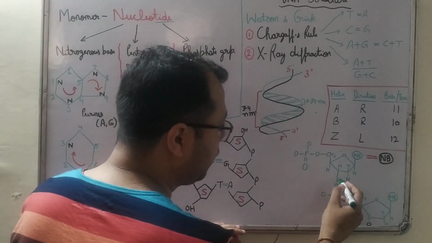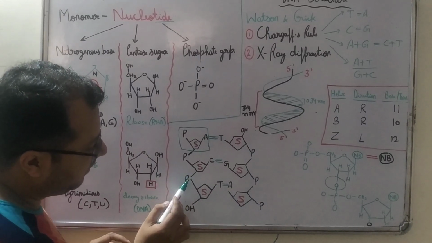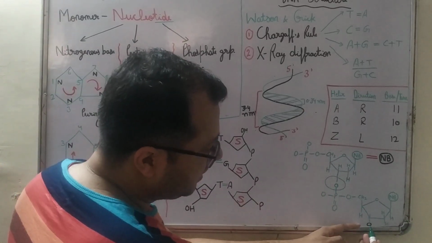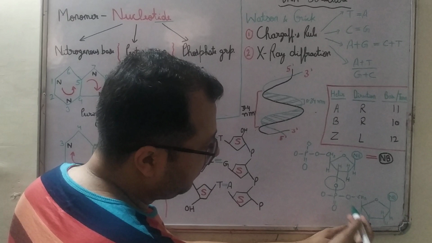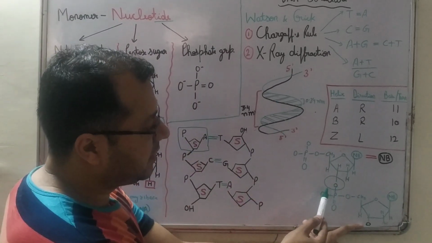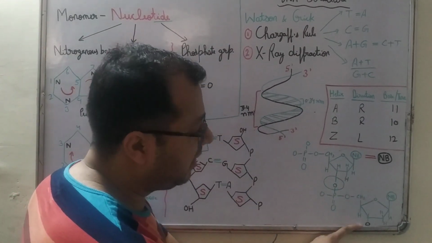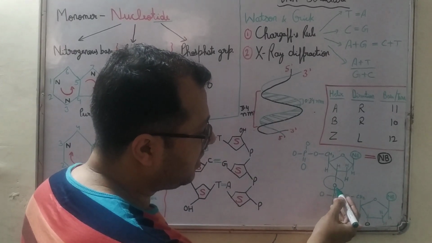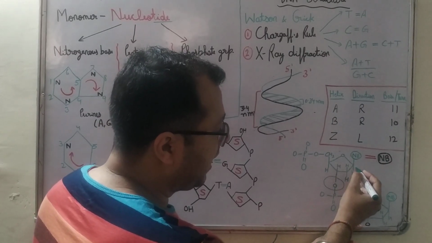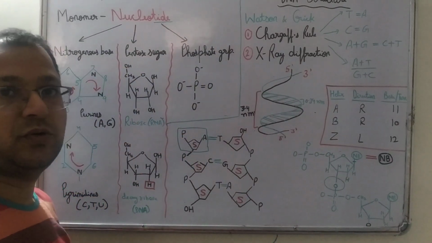Now, the different types of bonds which are present within a DNA molecule. First one is the phosphodiester bond. This is the bond which attaches one nucleotide with the other nucleotide. The presence of OH over here results in the attachment of the next incoming nucleotide. In this way, this chain runs with the help of the phosphodiester bond. So the bond present over here is the phosphodiester bond. This one is the hydrogen bond, and the bond between pentose sugar and the nitrogenous base, this particular bond, is the glycosidic bond.